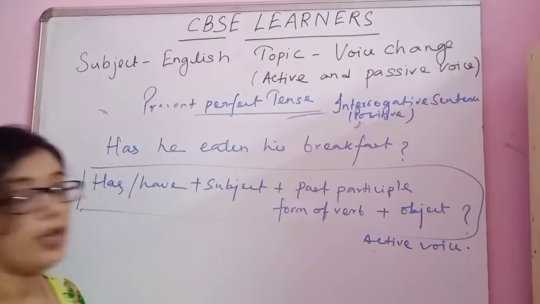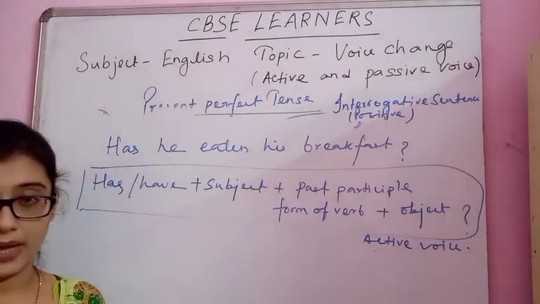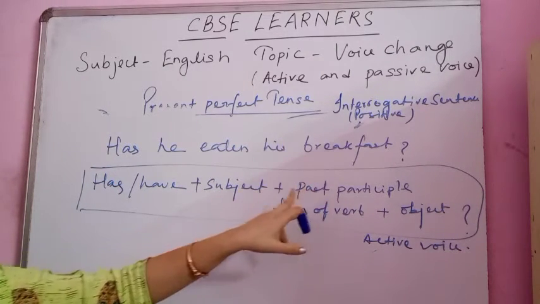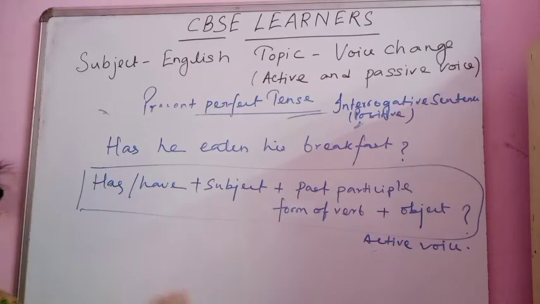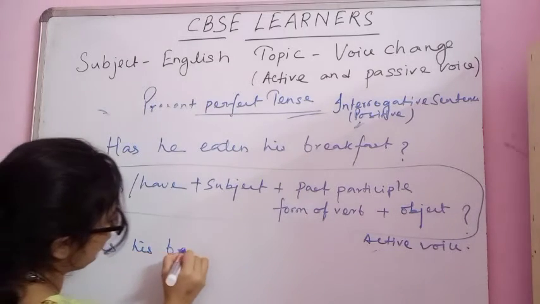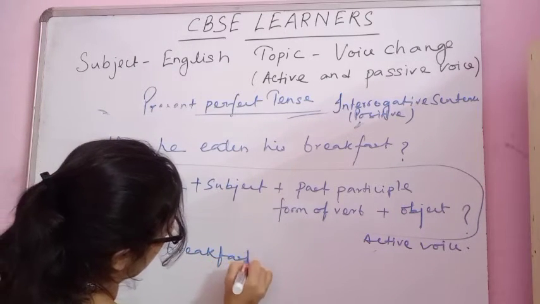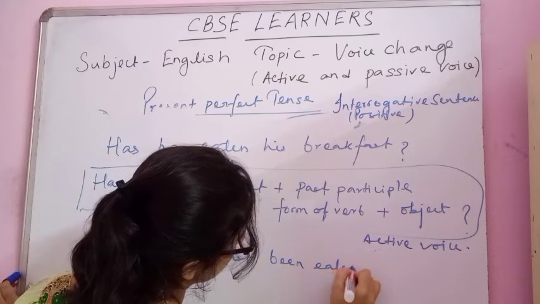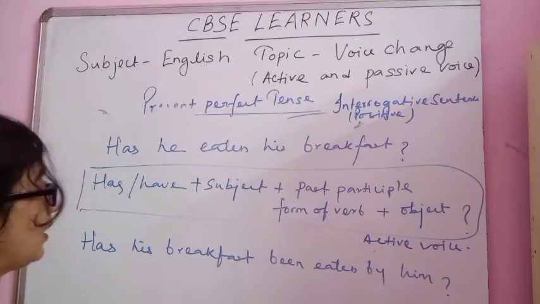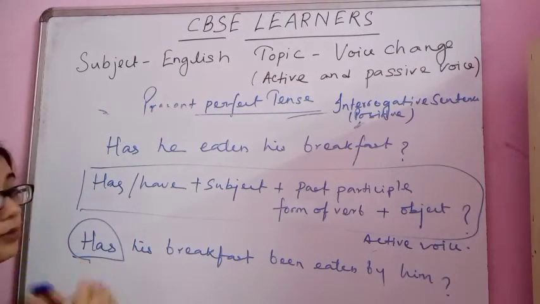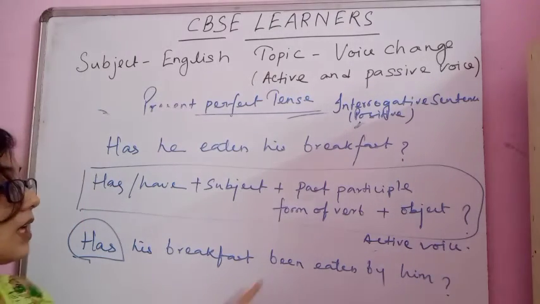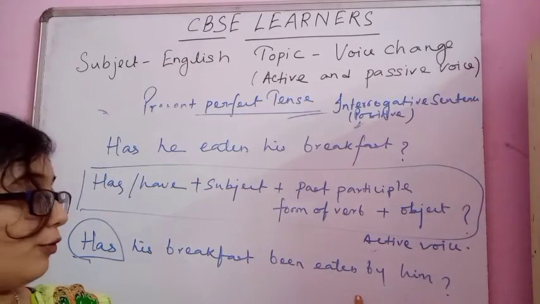Okay, so when we convert this from active to passive, what will we do? We'll take the breakfast, or his breakfast, as the focus, which will come first. So: has his breakfast been eaten by him? Has his breakfast been eaten by him? That means here also it will start with has or have, depending on the number of the object, plus been, plus past participle form of verb, plus